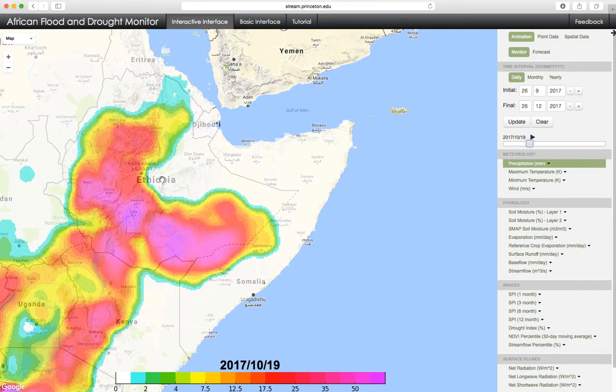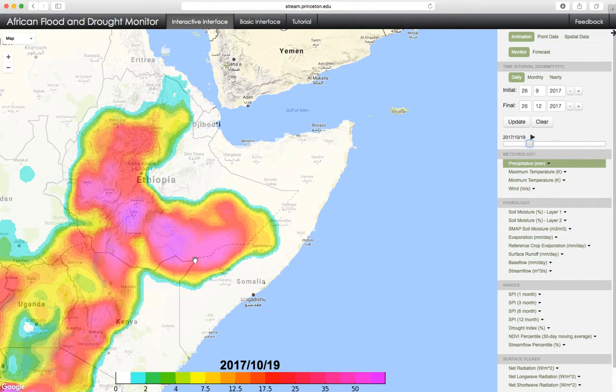Now, this is not perfect. It's important to note that these are satellite estimates. So this is not ground truth. This is not a perfect depiction of what rainfall was like, but it's giving us an idea of what the satellites are seeing from space. And it's also important to note that Concern has been carrying out this analysis for various seasons, and they find this to be reasonably skillful in presenting a general idea of rainfall over their areas of interest, which are in